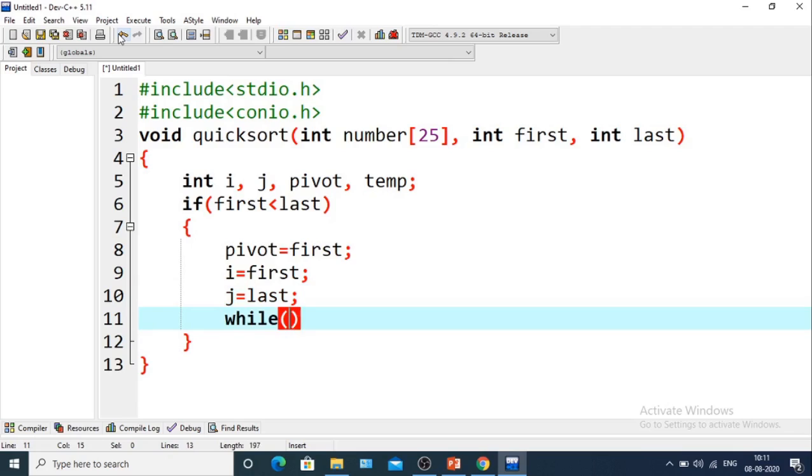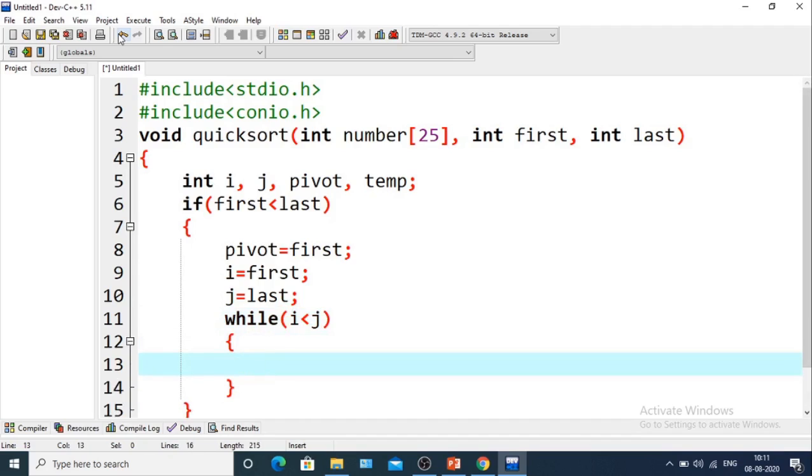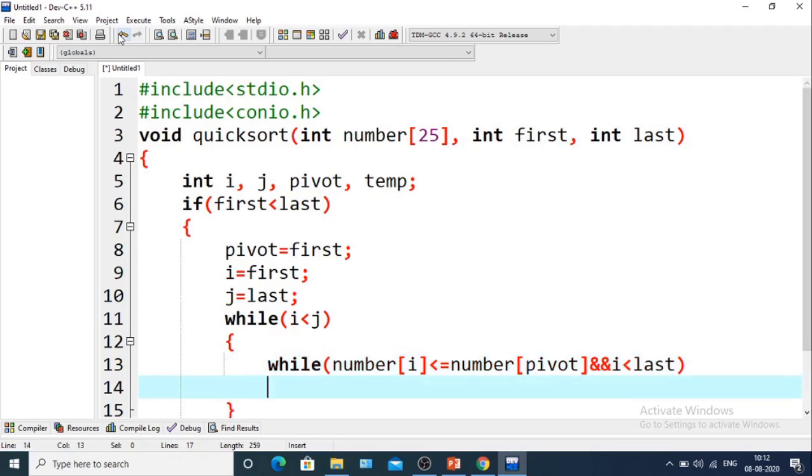So now there will be a while loop. So while i is less than j, if i is less than j, again we will take another while loop, another condition, that is if number of i, the element at the i position, is less than or equal to number of pivot, and i is less than last, then it will be i plus plus.